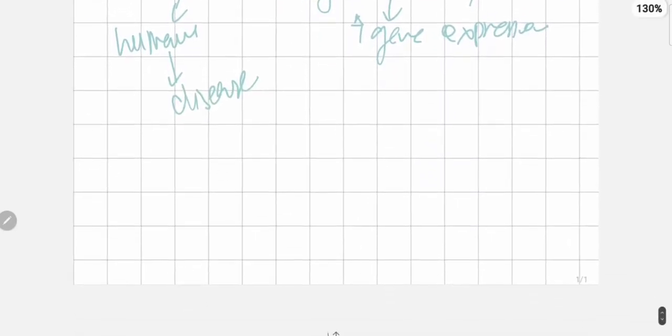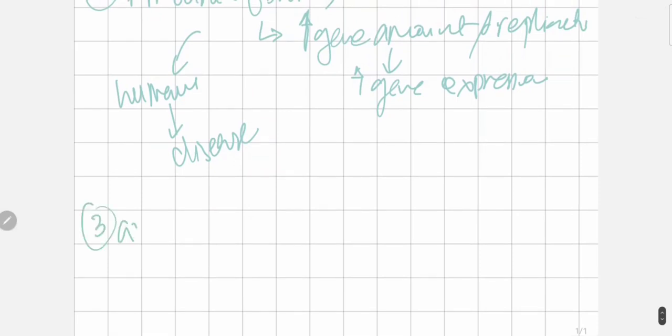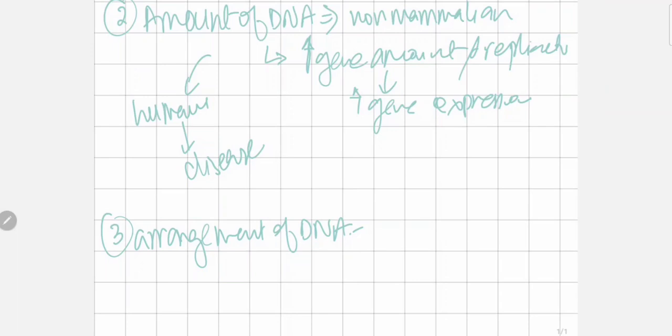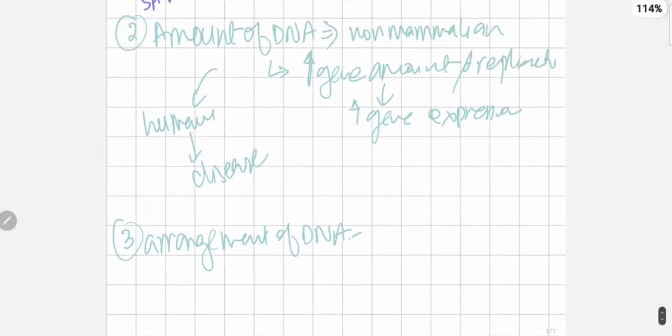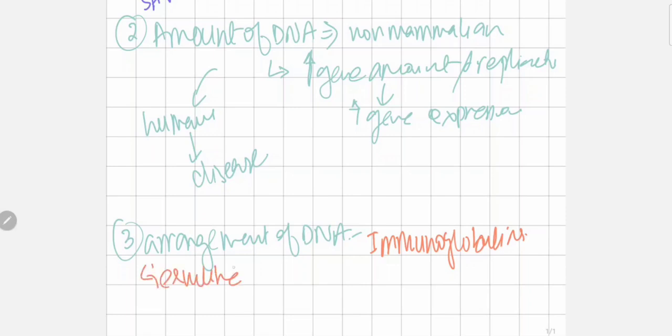Okay. The next is the arrangement of DNA. Now, for arrangement of DNA, we have a good example of immunoglobulins. So what happens in germline cells, not in somatic cells, in germline cells, which means the sperms and the eggs, we have